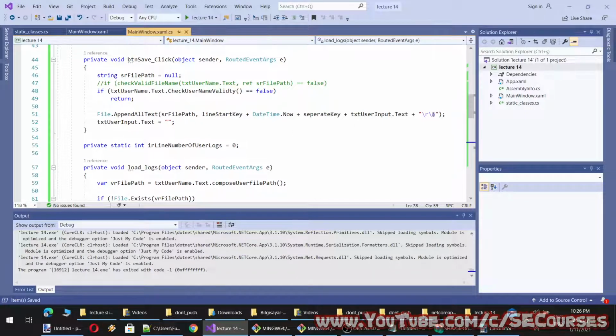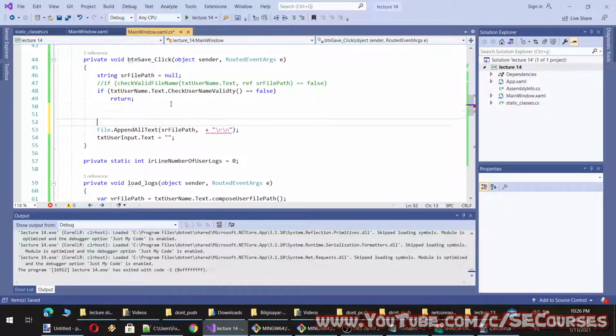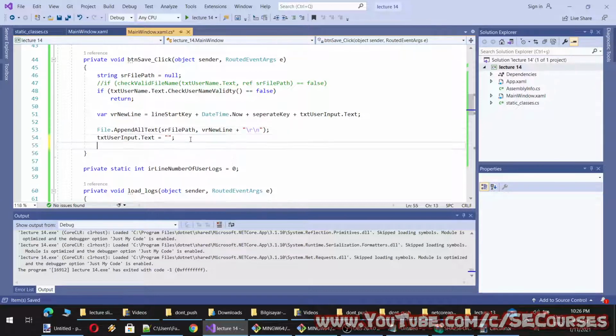Okay, and when I use save, simply what I need to do is modify the collection. So let's make it like this. We have new line equal to this. Okay, file append text, clear log, and modify the collection. Okay, user logs collection, and I will add a new element. This time I won't be adding the separators, of course, so this change was not necessary.